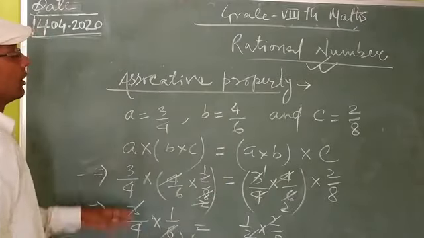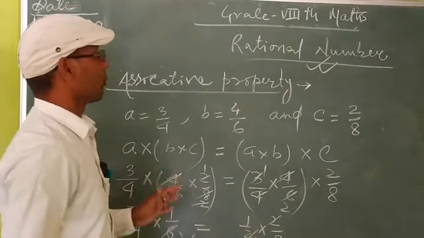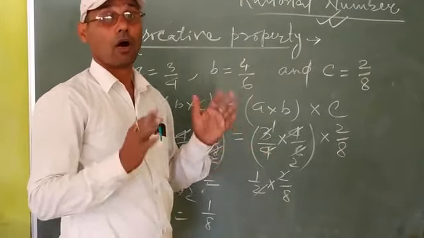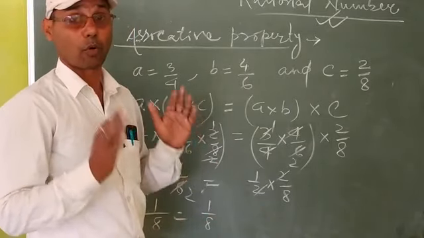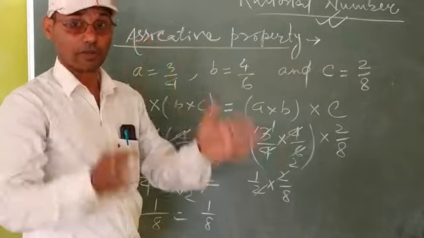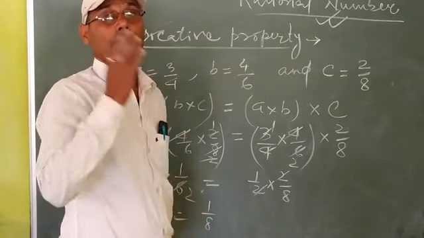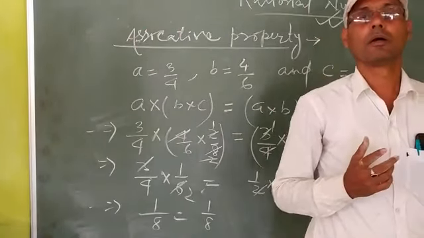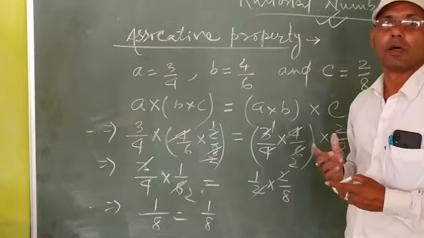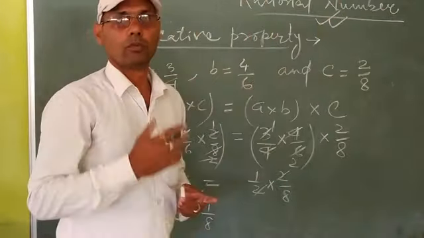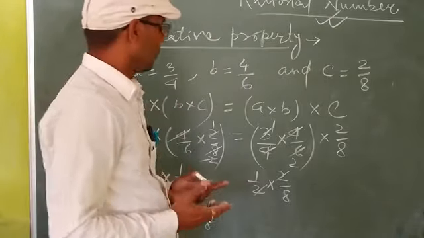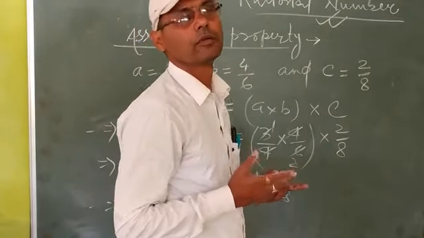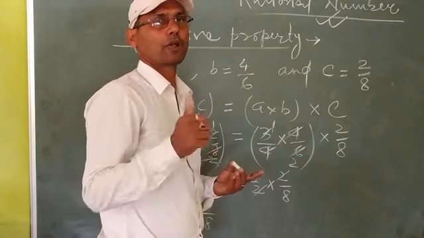Both are equal. It is clear. In the associative property of three rational numbers in a grouping, if we change their order, the result of the sum and product remains the same as a rational number. But subtraction and division of three rational numbers doesn't remain the same. I will show you this topic in the next classes. Thank you. Best of luck.